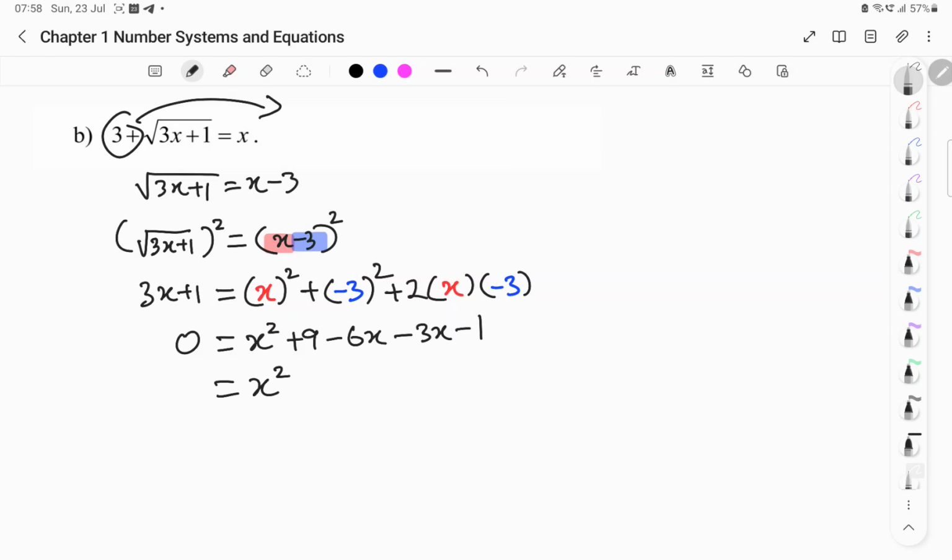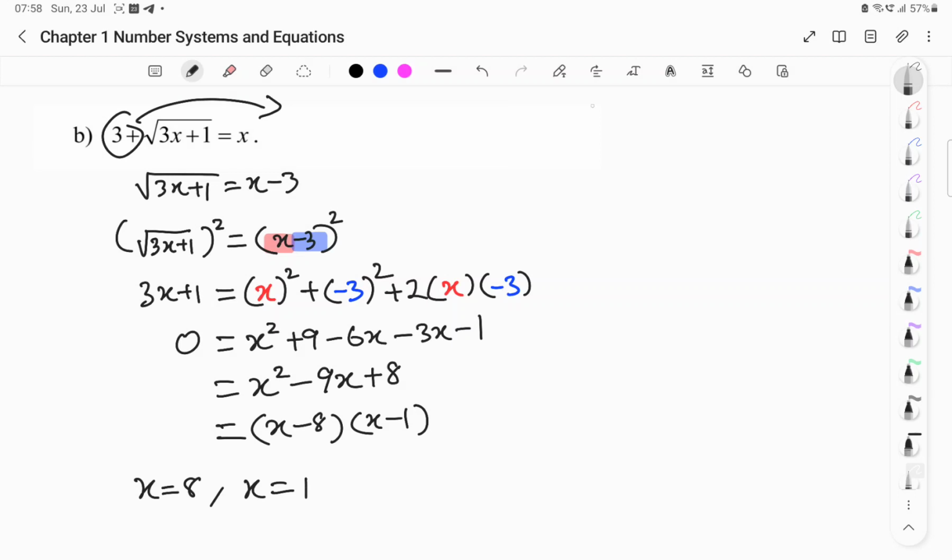Okay, so we simplify them to get minus 9x plus 8. Okay, and then you use your equation to get 8 and 1, I think, and then minus. Correct. So we get x equals 8, x equals 1. Okay, so we have two possible answers for this